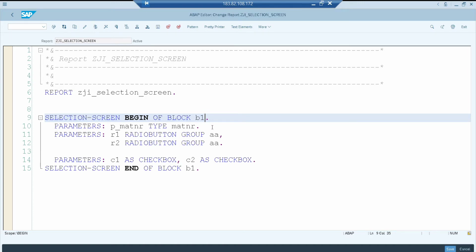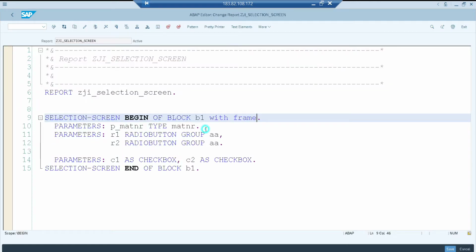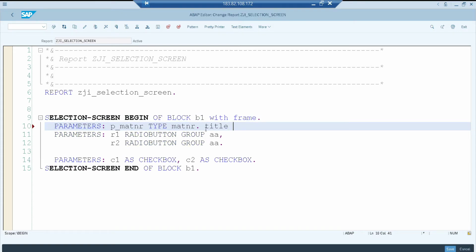So the block is ready but is not visible because you need a frame for it. If you want this box to be visible, you have to say with frame. These are optional. So yes, I want a block with a frame. Just execute, you will get a frame. And you can say I want a name for this frame or this block. So I can say title,